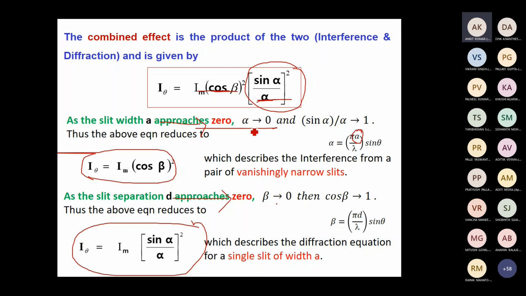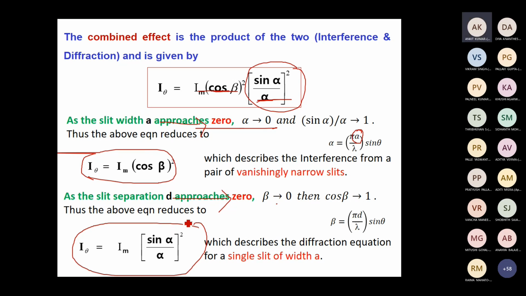Please note there is something different. Alpha is equal to 0 and alpha approaching 0. Okay, there is a difference. The moment you close the slit, then it is gone. Then even the interference pattern will not be seen. It is almost vanishing, but not vanished. Under this condition, you will see only interference. That is, all the interference bands will be of equal intensity.